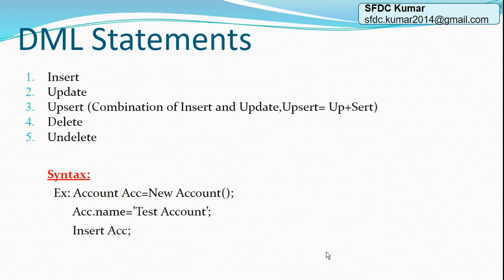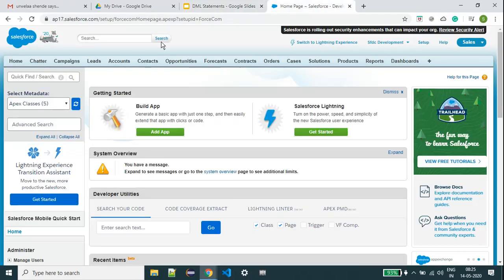So for example, if the record holds a record ID, which record we are going to insert or update, that record held by the ID automatically goes to update. If the record doesn't hold any ID, then insert. You shouldn't be confused by the ID. For example, if we come to any student object.